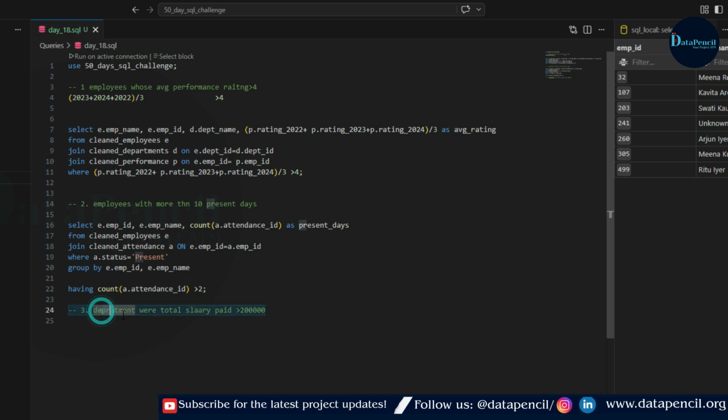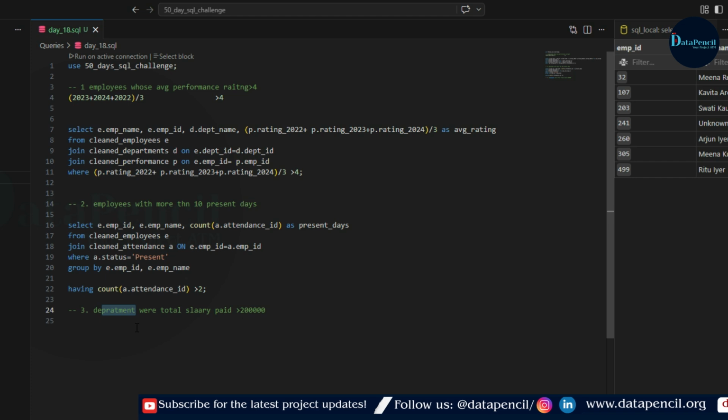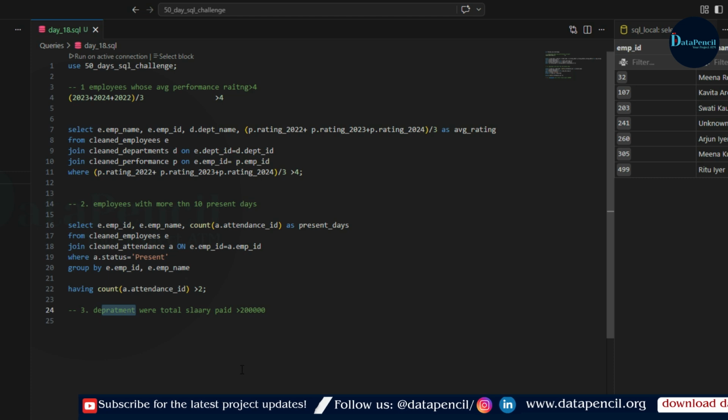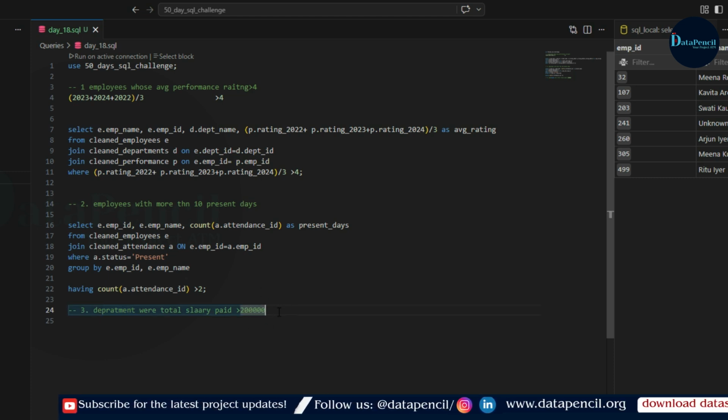We have to find the departments where total salary paid is greater than this, which means we need to do grouping department wise. So here we will use group by department ID or department name, and at last we will use the filtration, which is having sum of salary greater than this value, 2 lakhs. I hope you will be able to do it, correct?